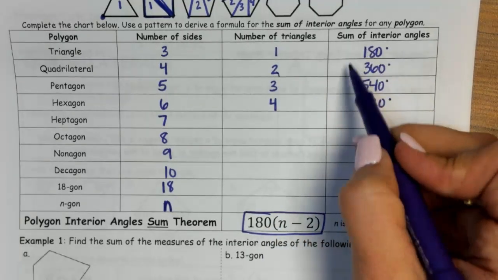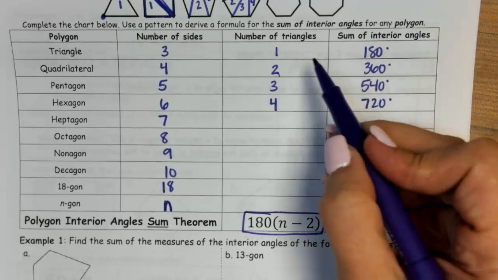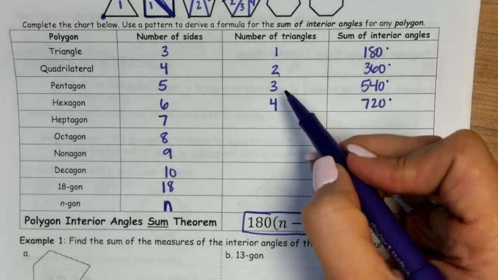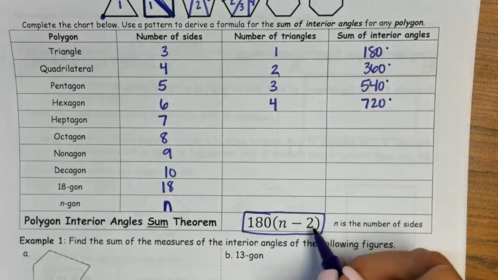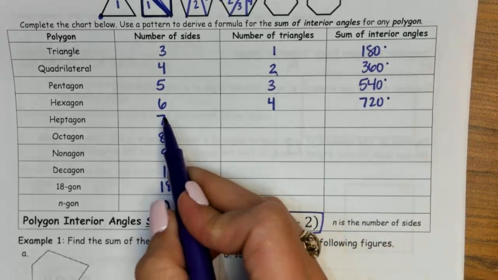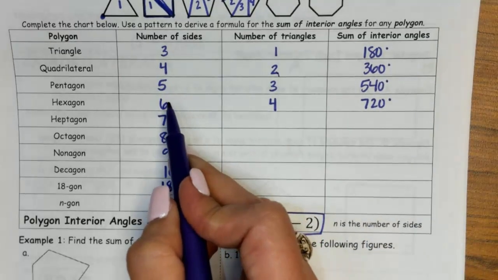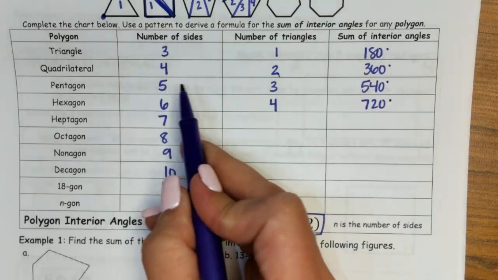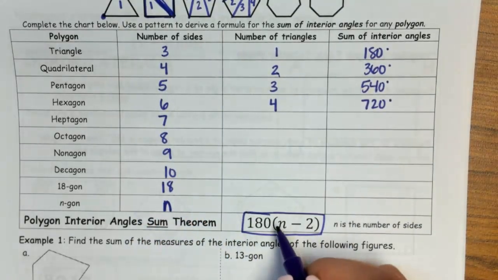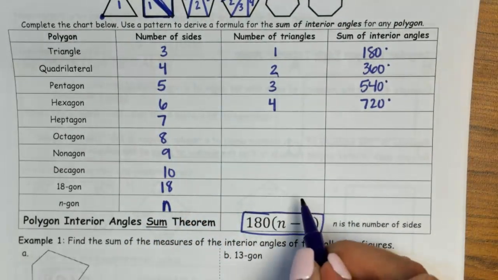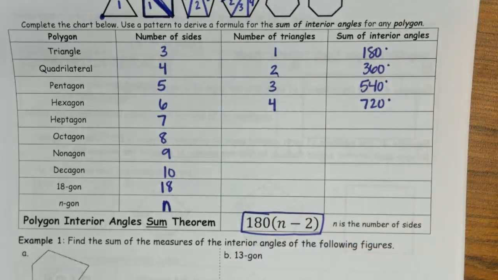Because remember, our interior angles sum is just how many triangles we have times 180. Well, here is the number of triangles: the number of sides minus 2. 6 minus 2 is 4. 5 minus 2 is 3. So this tells us the number of triangles, and then we multiply that by 180 to get the sum of